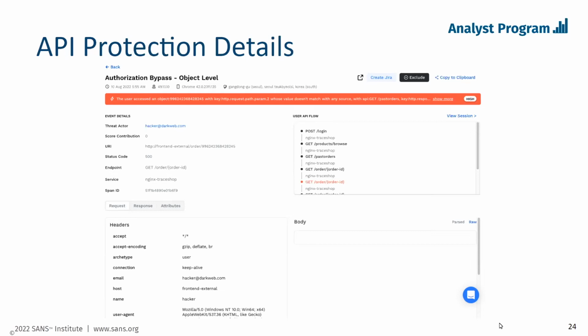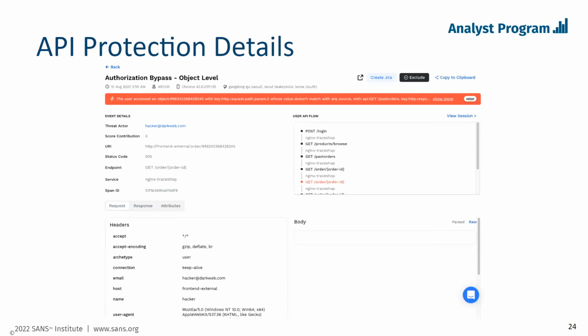There's general details, attributes of the communication of the transaction, details like the endpoint that was attacked, the status code that was returned, the threat actor, which we'll talk about more in a minute, who caused the event. And then, as Dave mentioned, complete headers and bodies of both the requests and the response. We do have the ability to redact or obfuscate sensitive information so that it is protected and work off the metadata. And then right now, if you look at the body, you might be sitting here saying, well, wait a minute, it's empty,